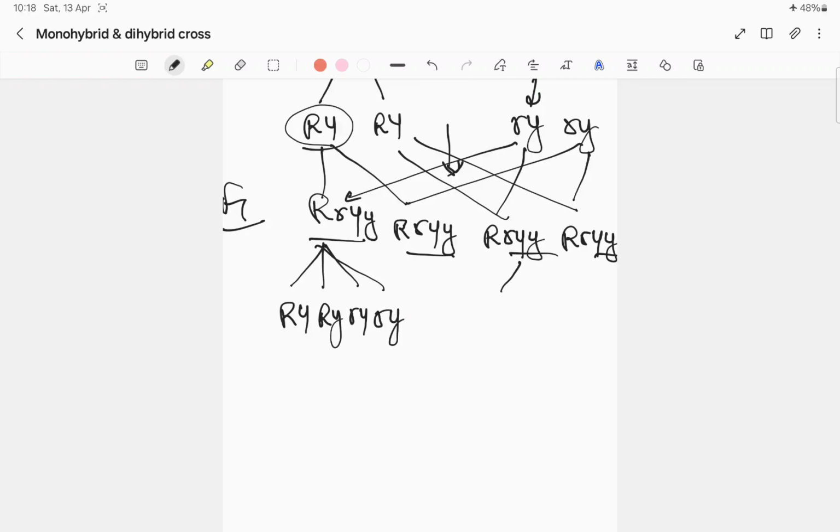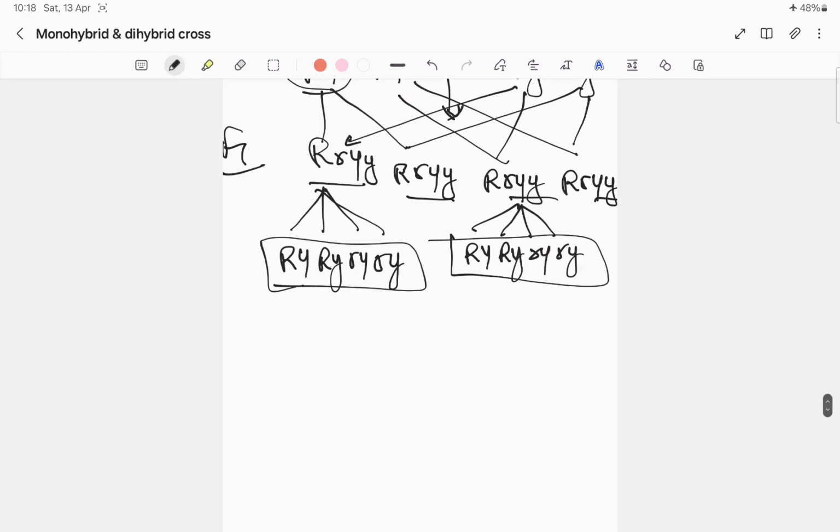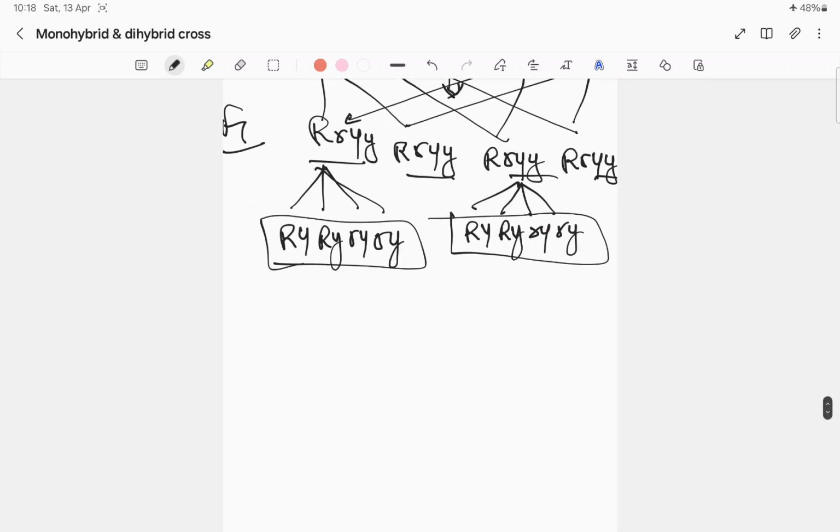And for any other parent also we'll get the same gametes. These are the gametes that we are getting, right? If we cross between these two parents,